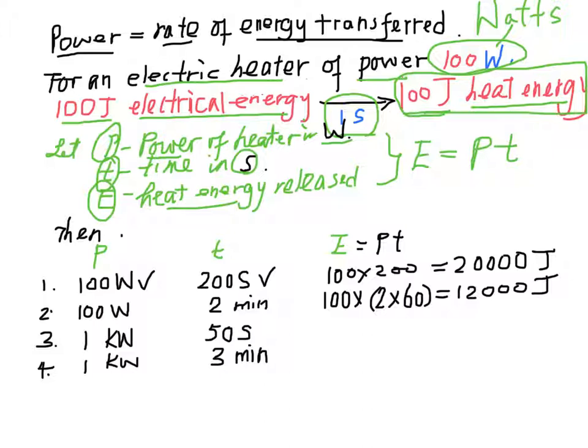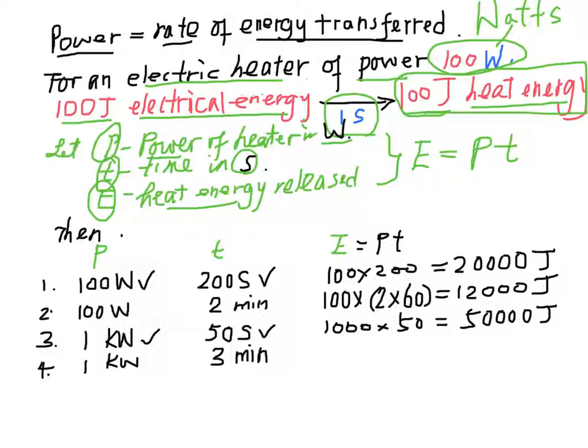Third, if the power is 1 kilowatt and is switched on for 50 seconds, the energy released would be 1,000 watts times 50 seconds,